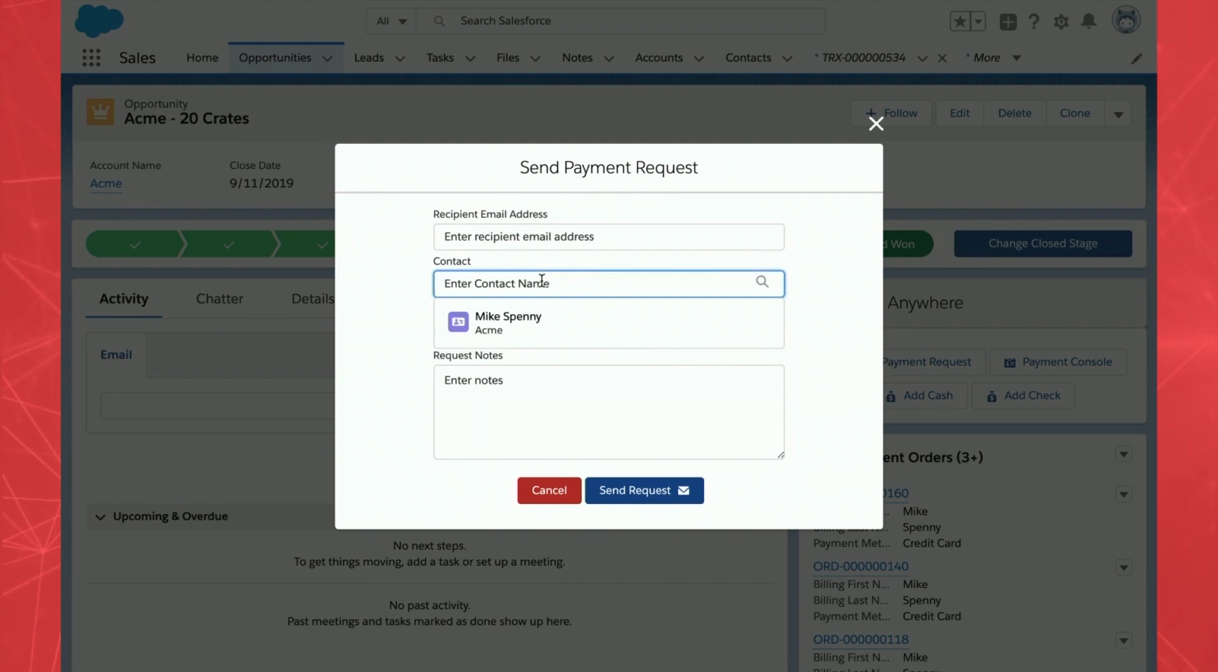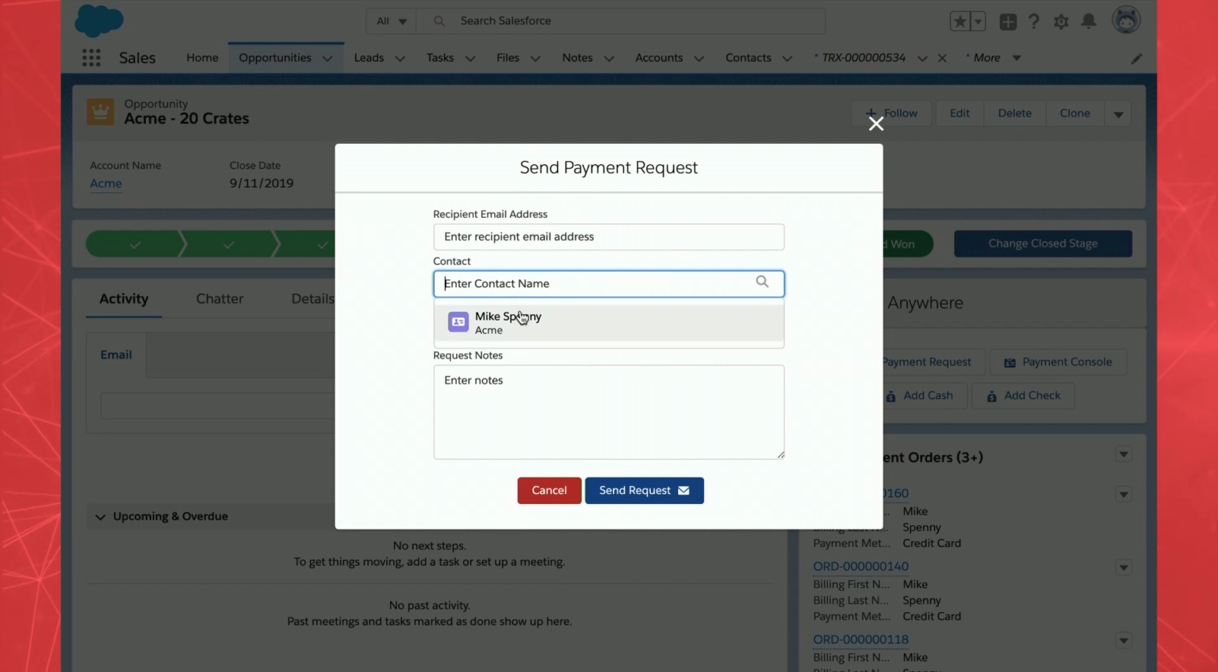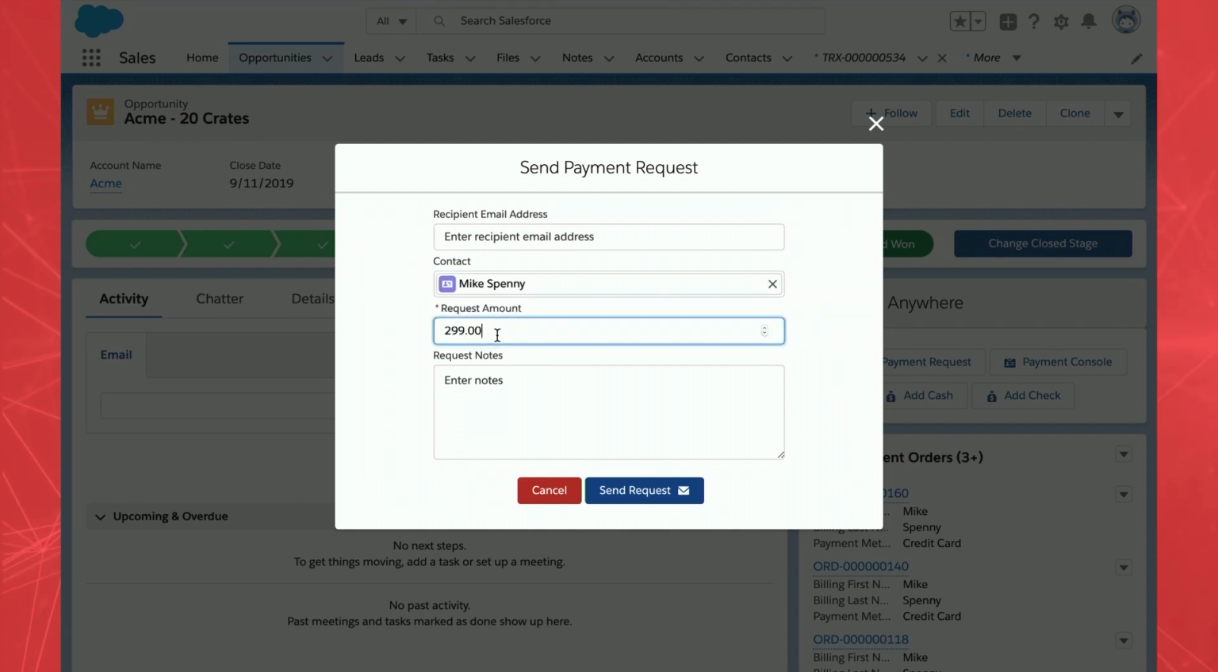If you click this lookup field, it's gonna look up the contacts associated with this record. But if there's a new person that just started working there and you haven't created a contact for them yet, but you really need to get this payment request out there, you could also use this field here. As Desmond pointed out though, if you use that field there, they are not gonna have their address info automatically populated. So it's usually recommended that you use the lookup field. It's also usually recommended that if the contact wasn't in there, that you create that contact first and then you go through this process. So Mike Spenny,